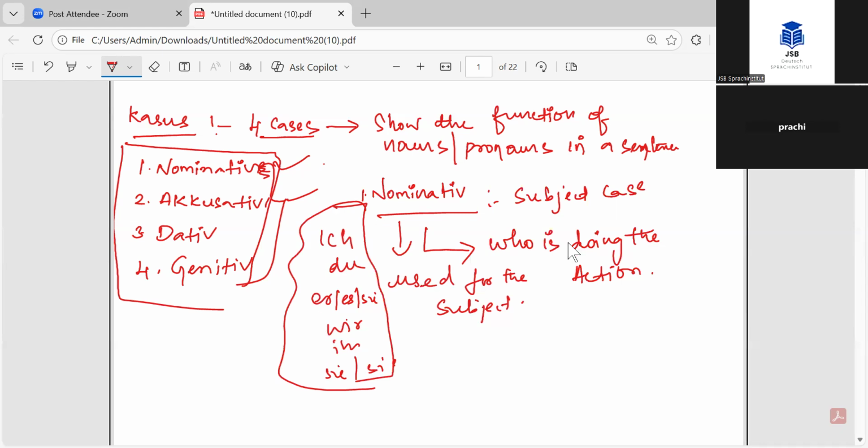So then who is doing the action? This is used for the subject. This is the nominative. Nominative means who is doing the action. Only subject case. We can use it only for the subject. That is a nominative. Okay, for example,